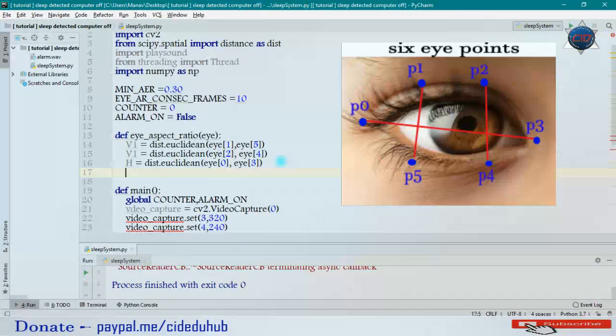and now let me calculate the aspect ratio with the formula I'm going to use here, that I will add our V1 to V2.